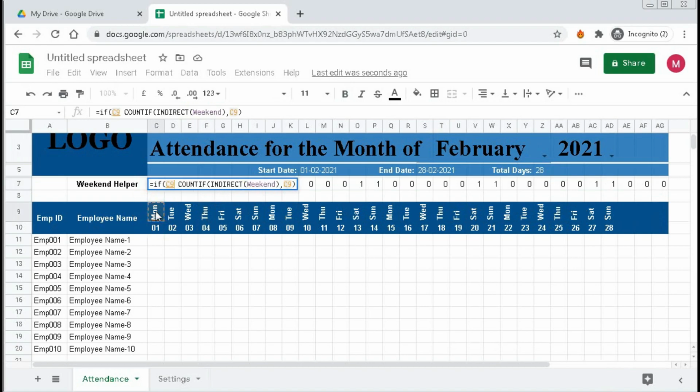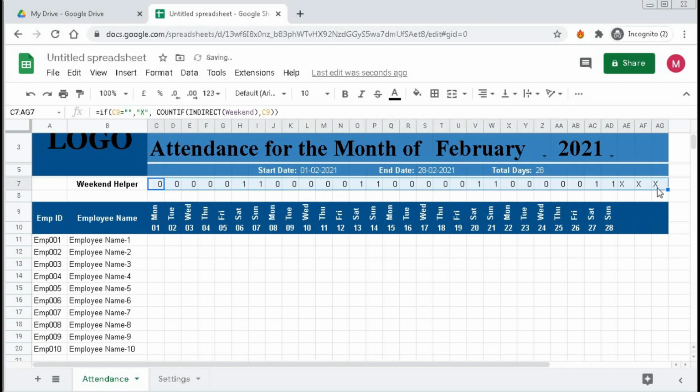If this cell equals blank, then we need to use X. Otherwise, this function, then bracket close at the end, enter. Now if I drag, you can see as these three are blank, we got X here.